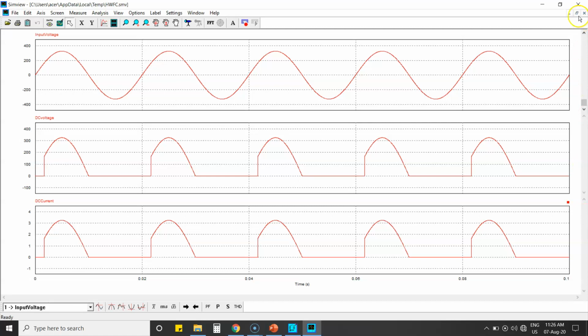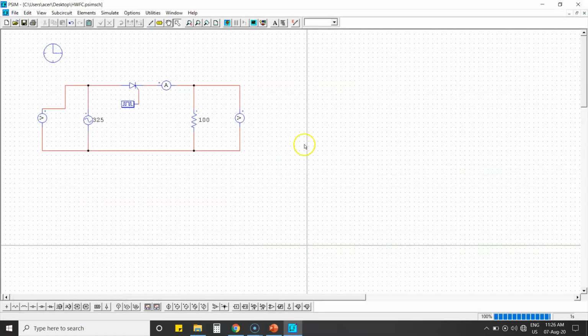So next we can go for RL load, that is resistive load in series with your inductive load. So just add an inductor here. Escape and rotate the component.